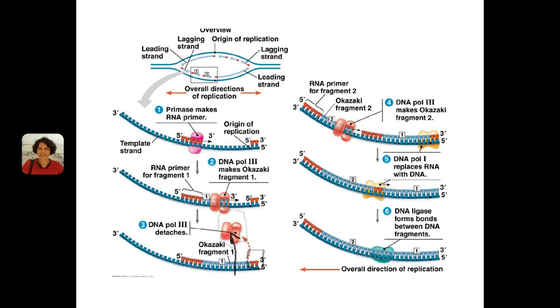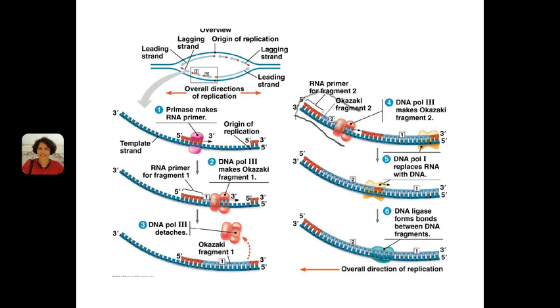In drawing number 4, we see that a new primer has been put down. They call that the RNA primer for fragment number 2. And we see how DNA polymerase 3 has added some nucleotides to it, and again it is moving towards the right. The replication fork is opening in this direction. So Okazaki fragment number 2 consists of the primer number 2 plus the DNA fragment that is laid down by DNA polymerase number 3. In the meantime,